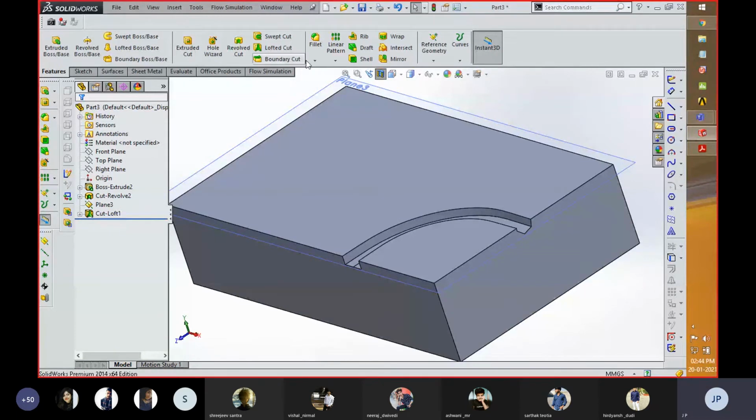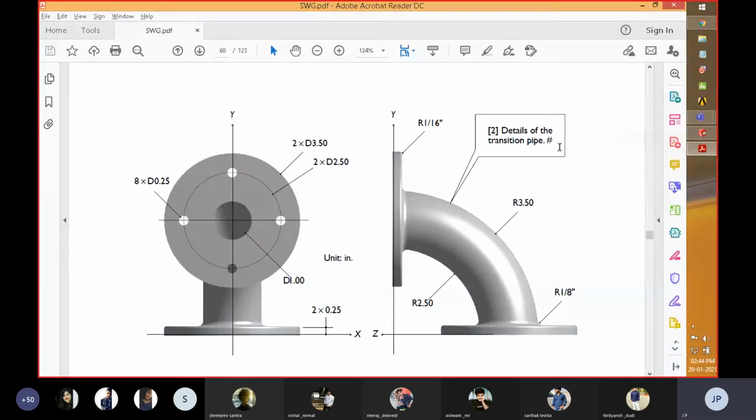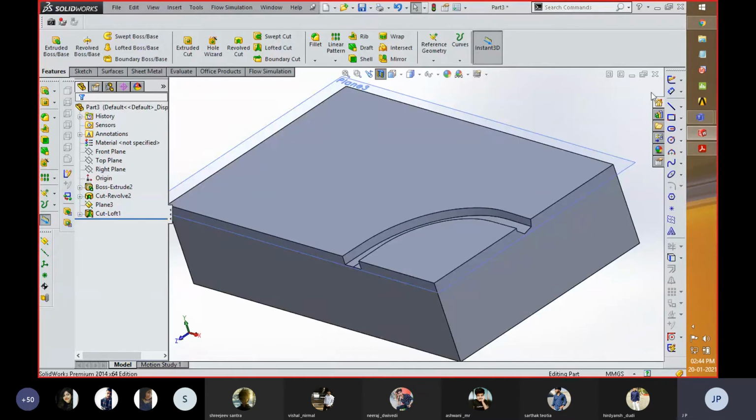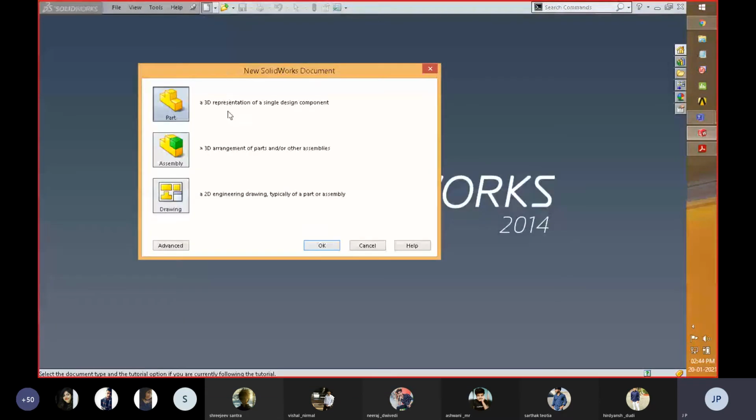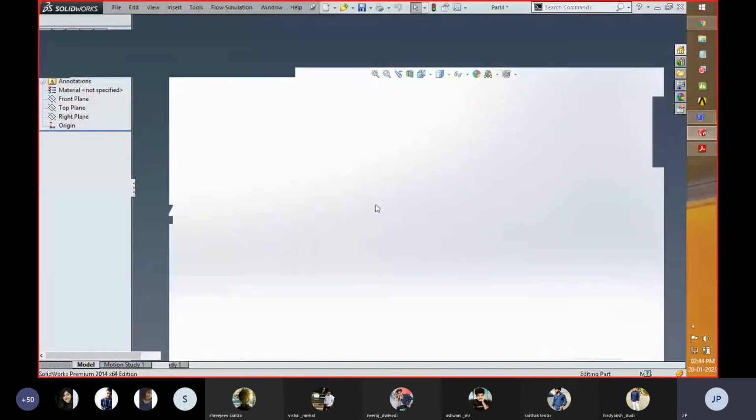Now after this, all these helping toolbars can be covered in the next class. The diagram which I showed at the start of this class is this one. With the tools which I explained earlier, I'm going to use them for creating this profile. Okay. So with respect to that, I'm going to showcase how this part can be created.